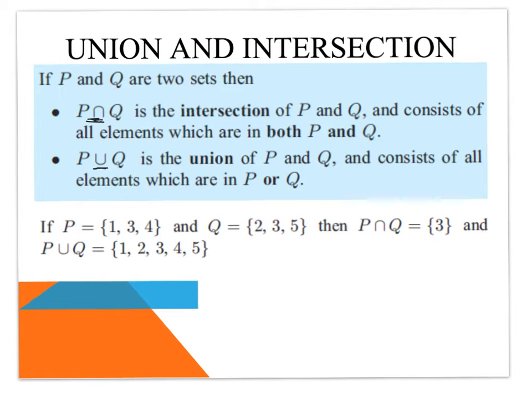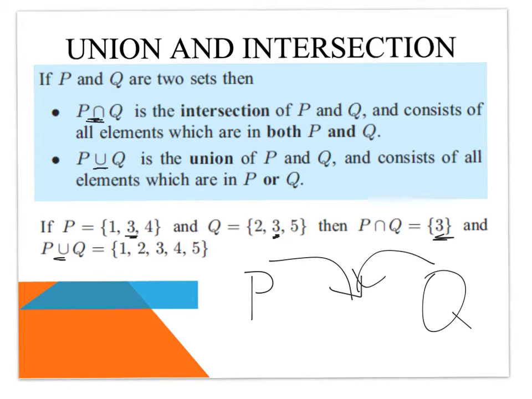So if P is {1, 3, 4} and Q is the set {2, 3, 5}, then the intersection is what's in both. If we look, the element that's in both is 3. So P ∩ Q is just the set that contains 3. The union, however, is we take everything in P, we take everything in Q, and we dump them together. We say here, we're just going to put it all together in this neat little bucket,